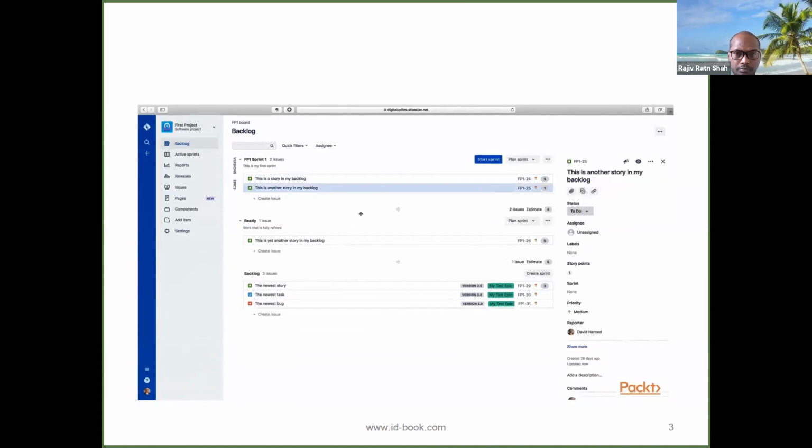Now the next question might be, how do we know when we have enough story points loaded into our sprint? How do we know when we have enough work in there? It's a great question. Usually you're going to try and get a group commitment on your first sprint. And then in your second sprint, you'll do the same thing based on your output from your first sprint. Now, the number of story points that you complete in your sprint is called your velocity.